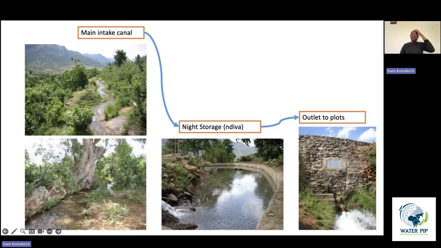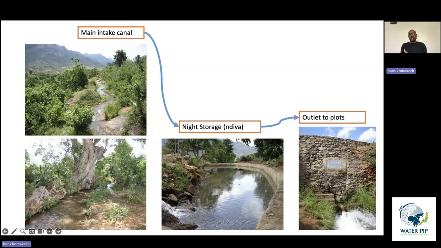I will put all of this. So you have the main canal intake. So that's the way it works. It looks like this on the top. And then sometimes the canal intakes also have tree branches as part of the boundaries. Meaning that the trees have been around there for quite some time. So in other words, the trees have grown along with the canal, if you see the bottom left photo.